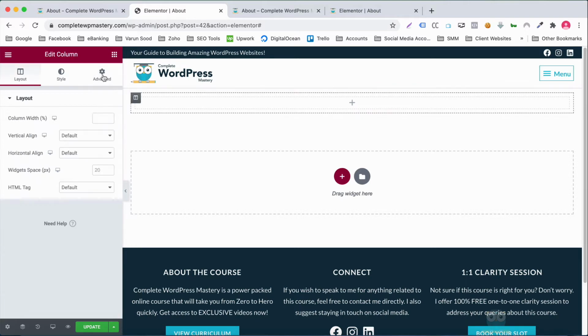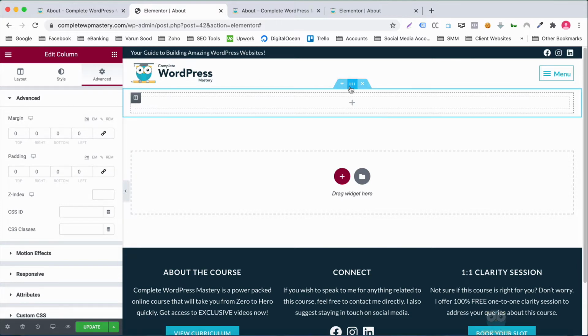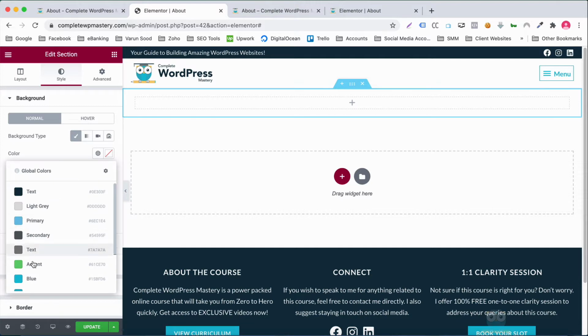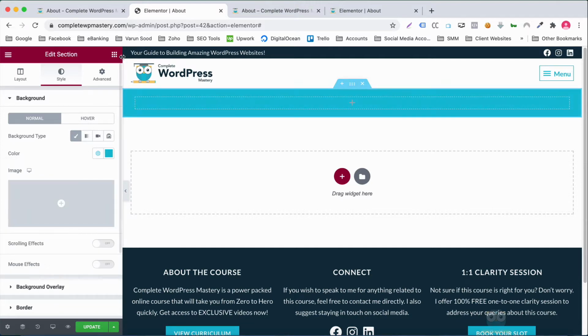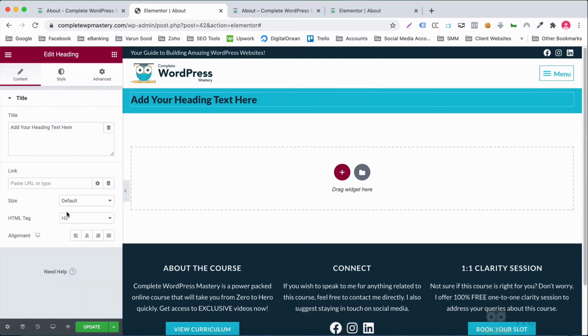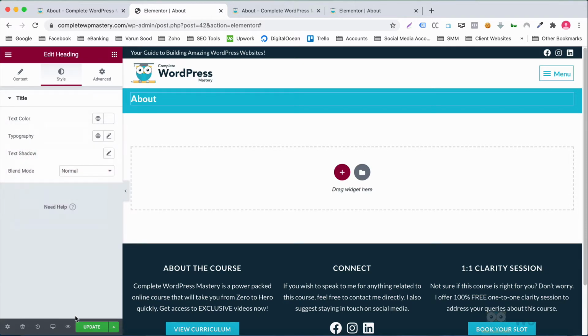Let's have a margin and padding of 0 for the column inside this section and have a blue background color for the section. Inside this section, we need to have an H1 heading, whose color would be white. Hit update and reload the front end.